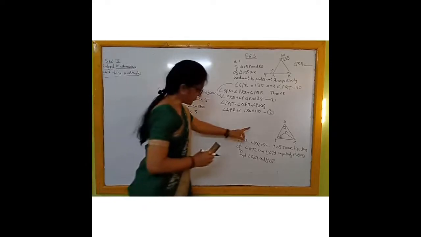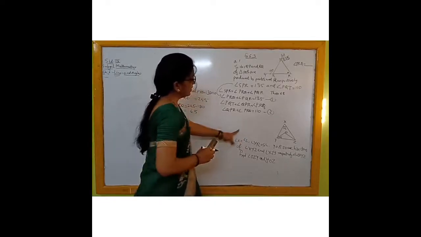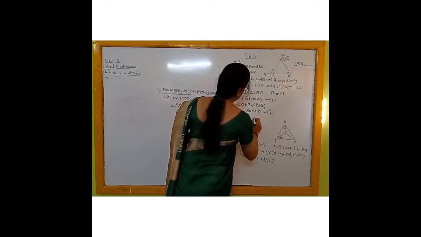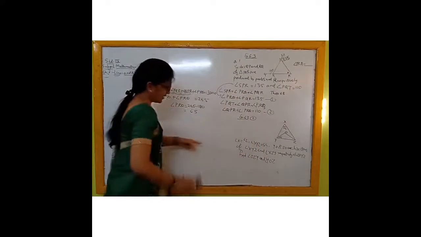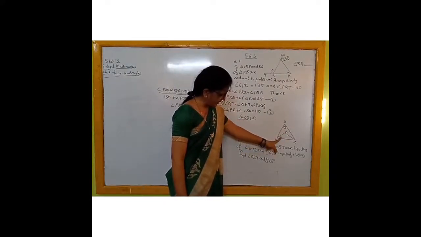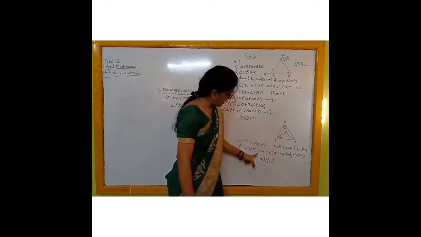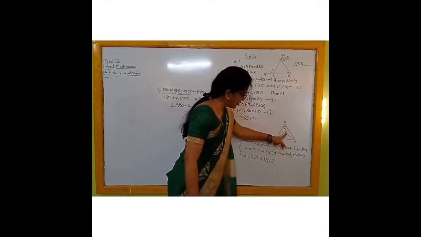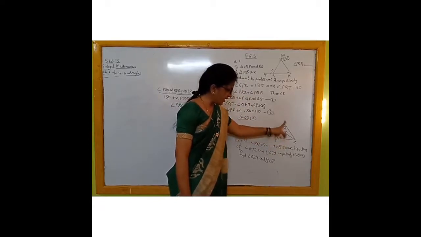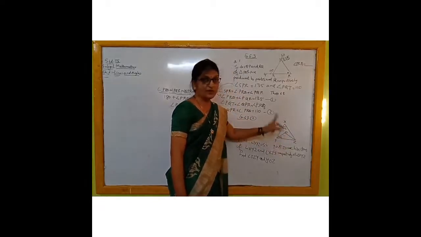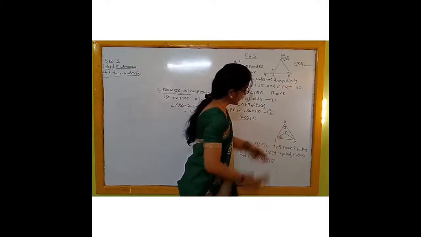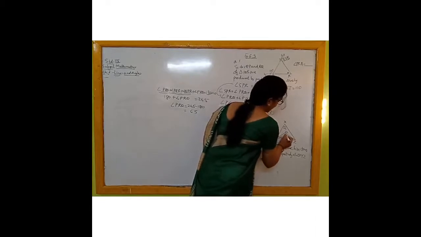Now here is the second question, Exercise 6.2, question two. What is given? Measure of angle X is given as 62. Measure of angle Y is given as 54, and YO and ZO are the bisectors of angle XYZ and angle XZY. You have to find the measure of angle YOJ, that is this one.